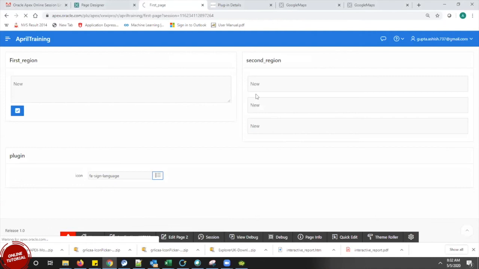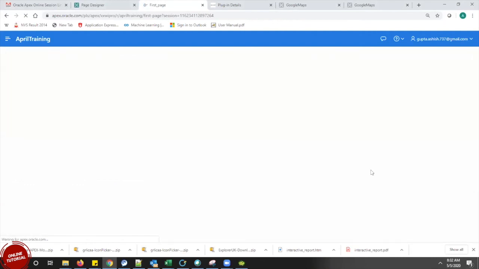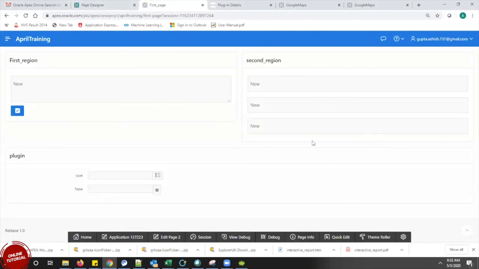I want to see my changes. Now I can see my plugin has been installed. Open month chooser, so I can see my year. I can go back to 2020. If I select any year, I will get my month.